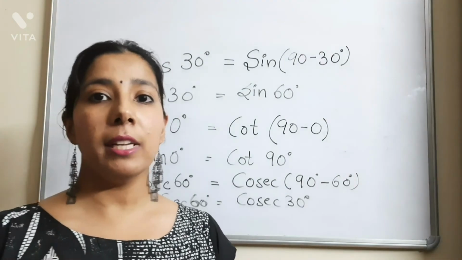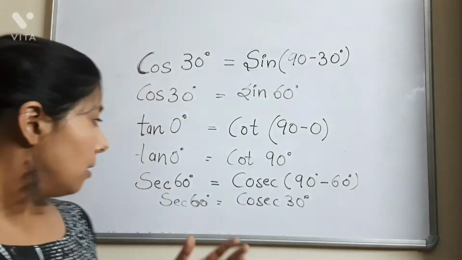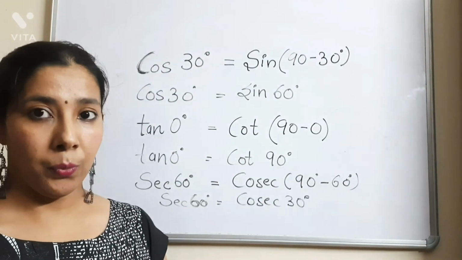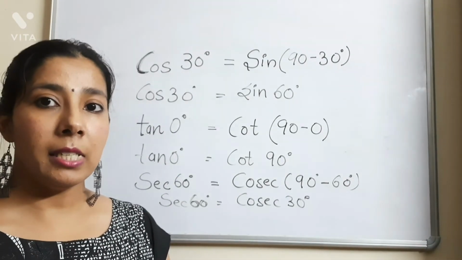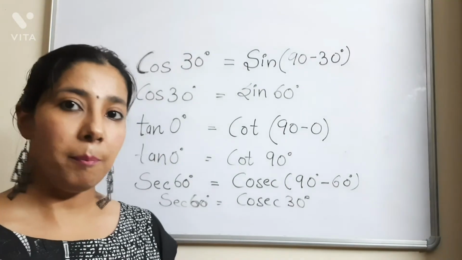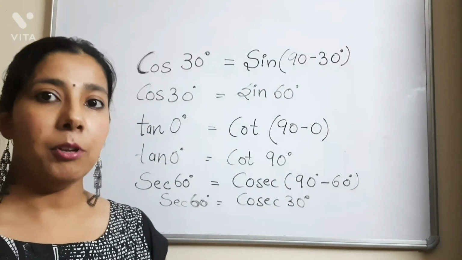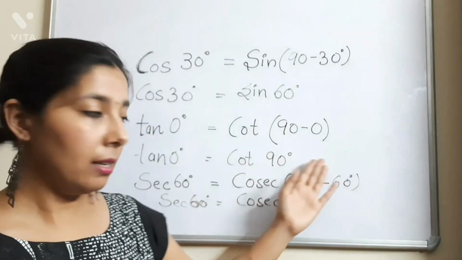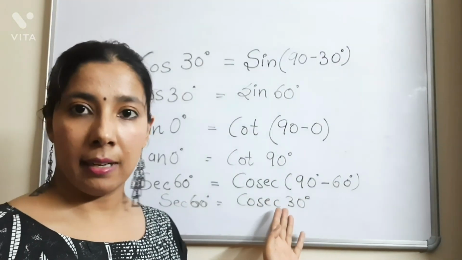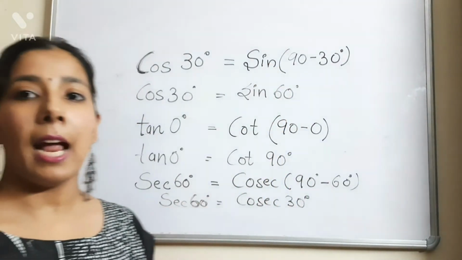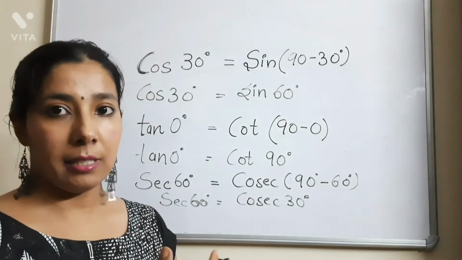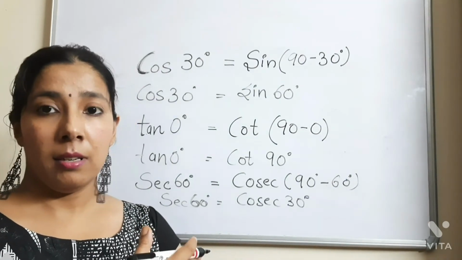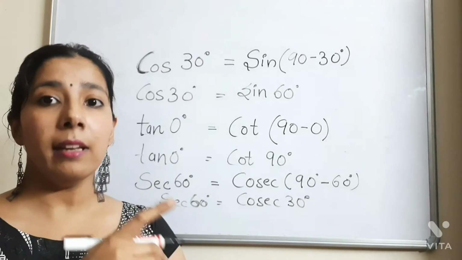It's not like you can change sine to tan by using this concept of complementary pairs. No. What you can interchange is only the complementary pairs that I described: sine makes a pair with cos, tan makes a pair with cot, and cosecant makes a pair with secant. So these complementary pairs can be interchanged by using this concept only. Not all the trigonometric ratios can be interchanged. Fine. So make this very clear in your mind.